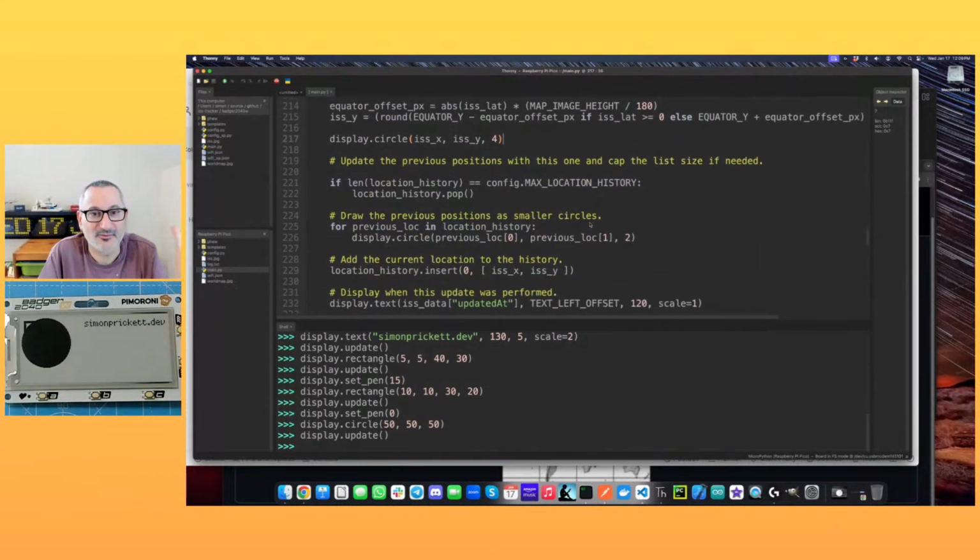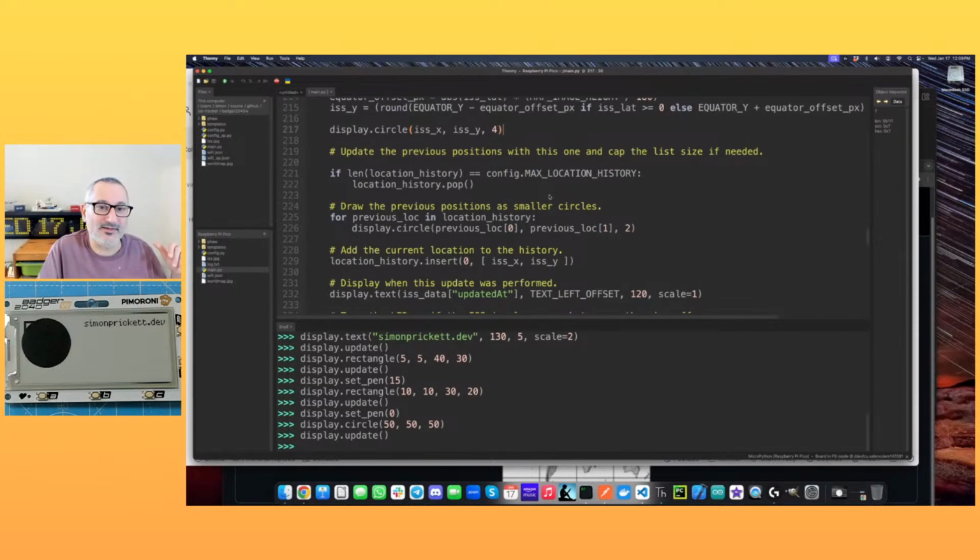And then what we do is we go down that list of location histories that we've maintained, so previous XY locations that it saw, and we basically add every one as a circle that's a bit smaller. I chose to put this location history into the device because I decided it was a function of the device, not the service. I could have put it in the service, but the problem with that is you then get location histories for every time the service had been called, not every 5 minutes, which is when the device calls the service. So location histories live on the